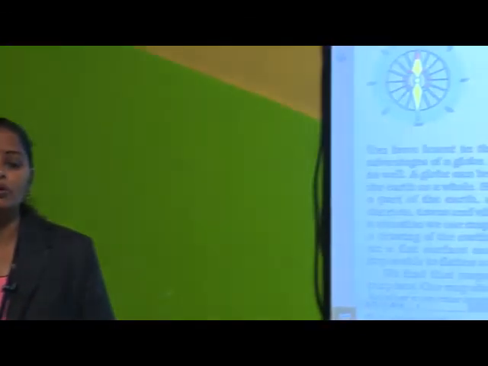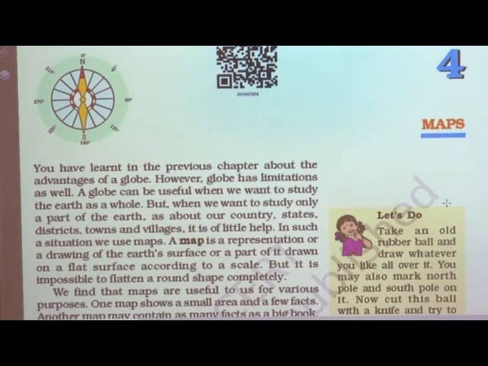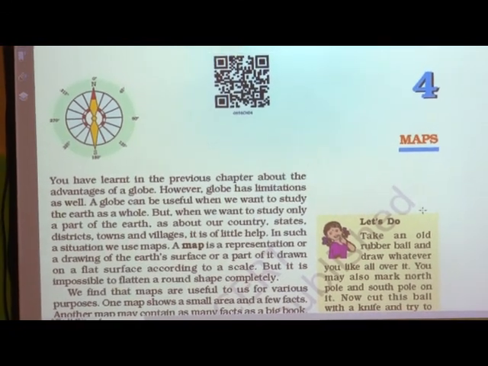So, open your books children, I hope you must have opened your books. Today we are going to read this lesson, maps. Children, in the last lesson, that is lesson number 2, globe, we have seen the importance of globes, the advantages of globes,